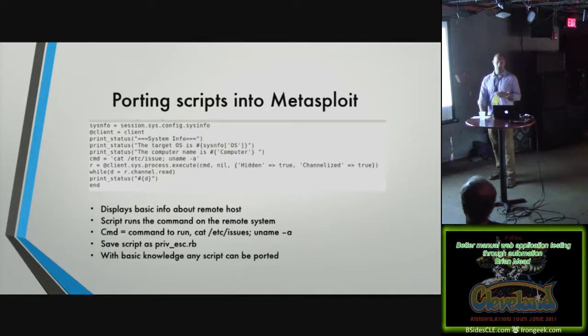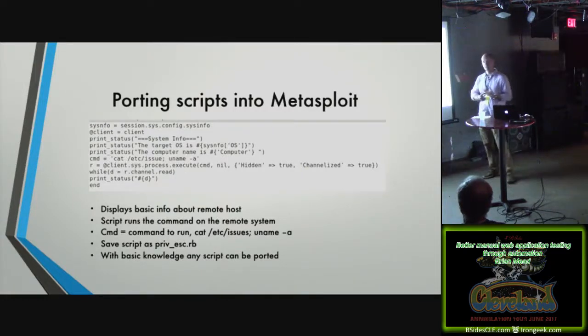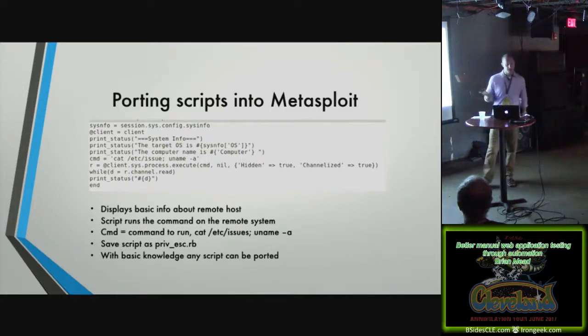So in this example, we are taking that script and importing it into Metasploit. And basically, any bash command can be run in Metasploit if you wrap it in Ruby. So it takes bash commands, and it also has its own proprietary commands as well. So in this example, what we're going to do is get the system information, such as the target OS. We're going to see if we can enumerate the etc issue, so we can see what version of Linux this is running, because sometimes if you find a web host, and let's say it's running